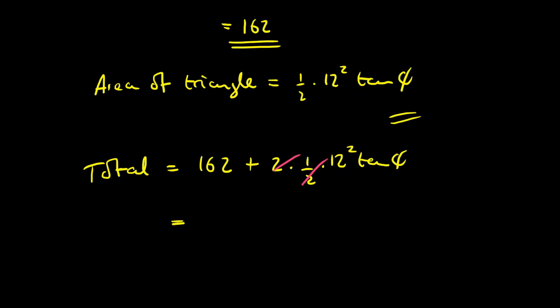And if we remember, the phi was the same thing as pi minus 9 upon 4. So really now all I've got to do is just got to put that into the calculator. So 9 divided by 4, and then pi minus that. I'm going to find the tangent of that angle. I'm going to times it by 144, and I'm going to add it to 162, and I get